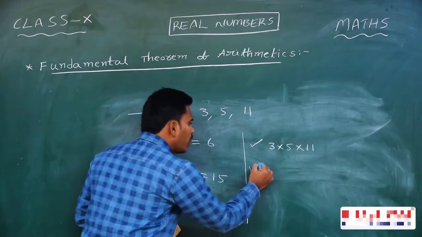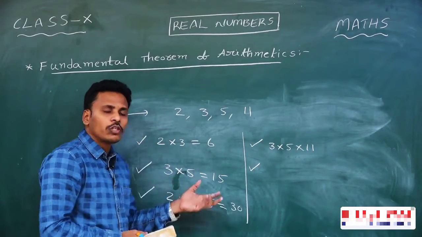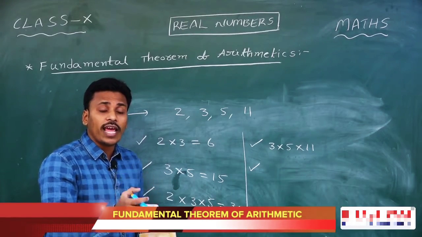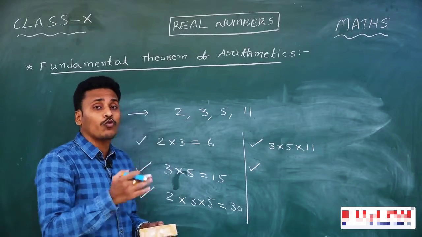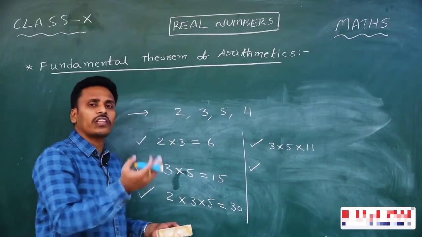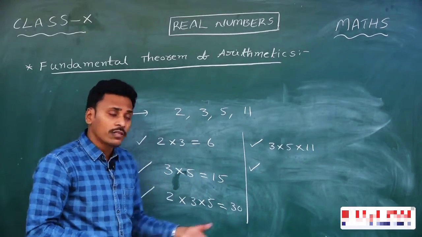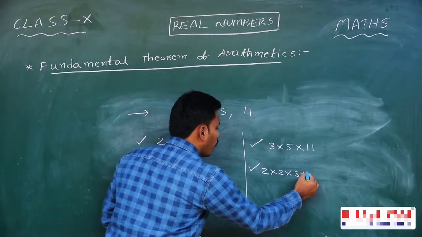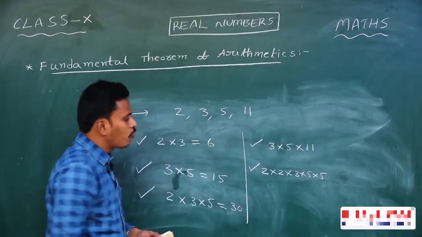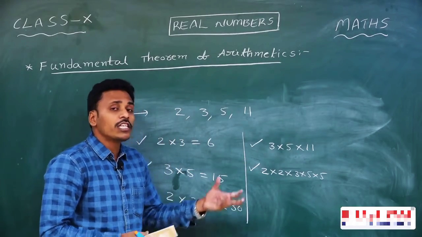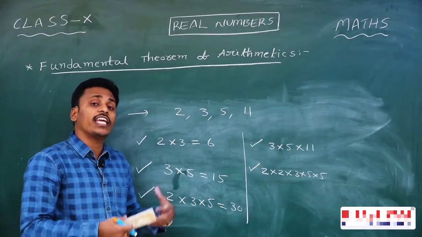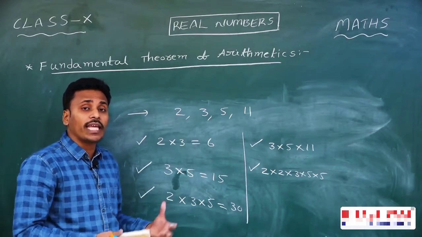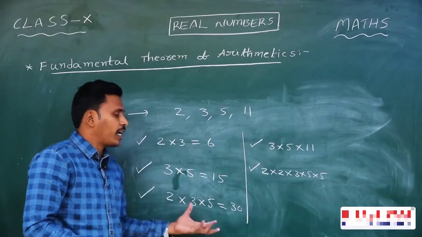And why do we need to take only 3? Why only 2? You may take 4. Repetitions are allowed. You are allowed to take any number as many times as you wish. Suppose, take 2 three times, take 3 two times. Like that if you continue, see, 2 into 2 into 3 into 5 into 5. See, this is a number. If you multiply, you will get a number. You are freely allowed to take any number of times. And if you continue multiplying like that, you will get different numbers.